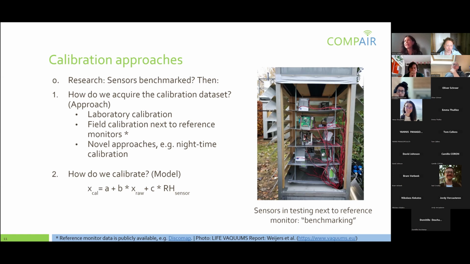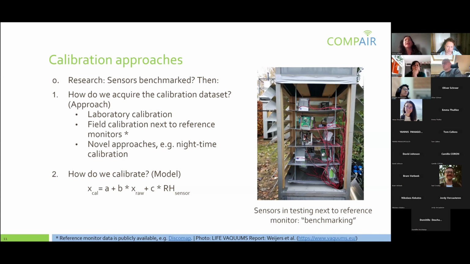The next one is field calibration. That's basically what the benchmarking is as well: you deploy your sensors next to a higher grade reference station for a certain amount of time, usually from weeks to months. This tends to perform better because the sensor is in the same type of environmental condition that it will eventually be deployed in. So as long as you're acquiring data that is similar to the deployment conditions, the calibration is more likely to stay